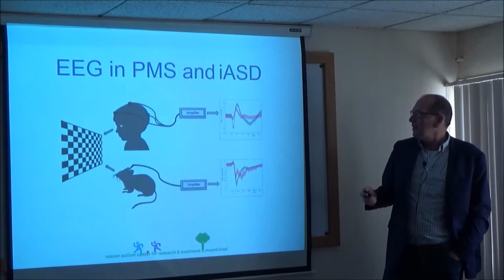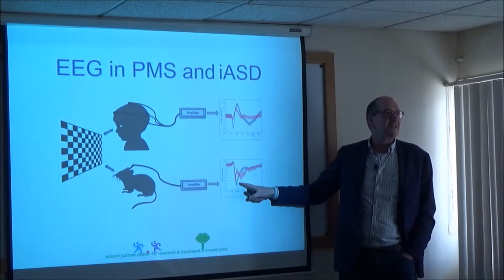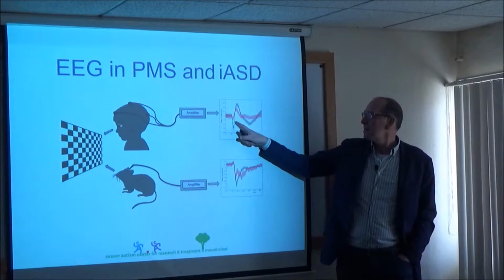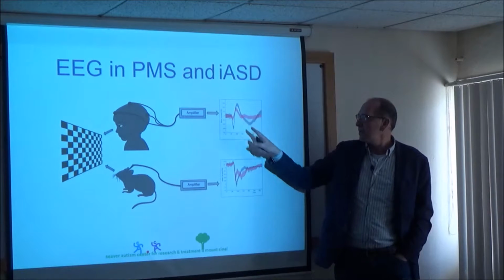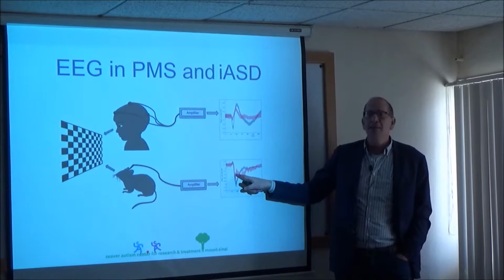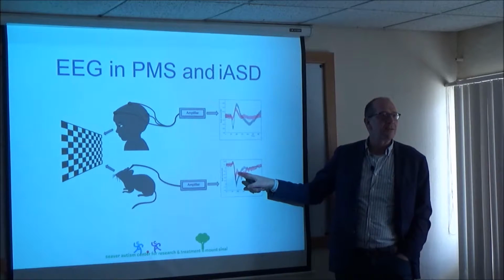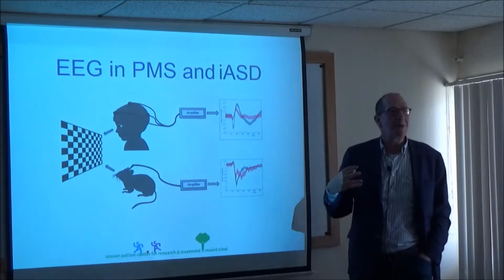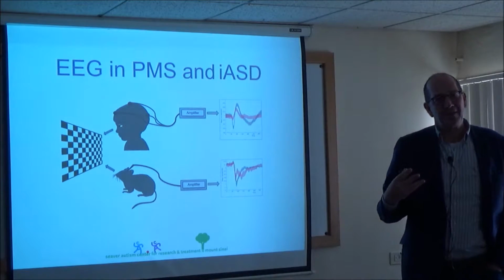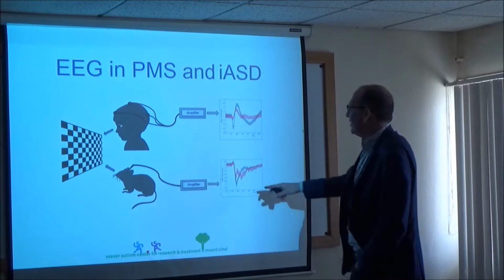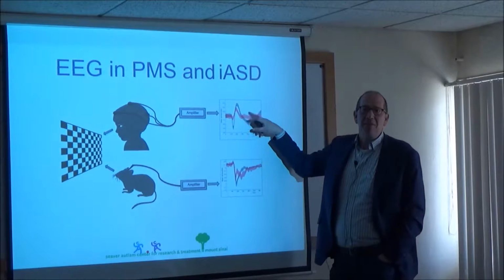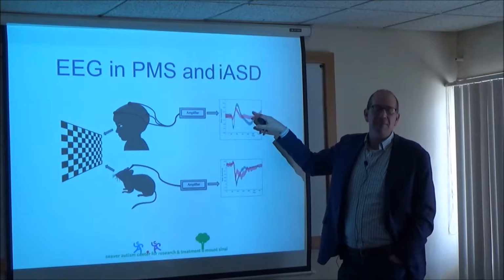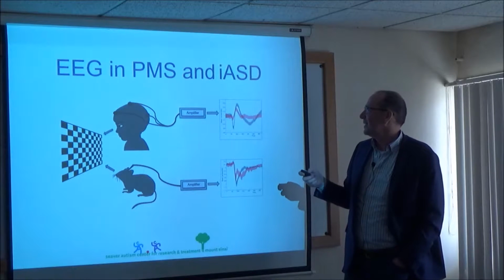If you knock out the gene in mice, you actually see the same thing. So this is the patient, control and Phelan-McDermott syndrome. This is the mouse, control and PMS mutation. All right, so it's a translational biomarker, and what you really want to know is, is it predictive, right? If I change this in the mouse, does it mean something useful to changing this in the patients? You can see where my head is.